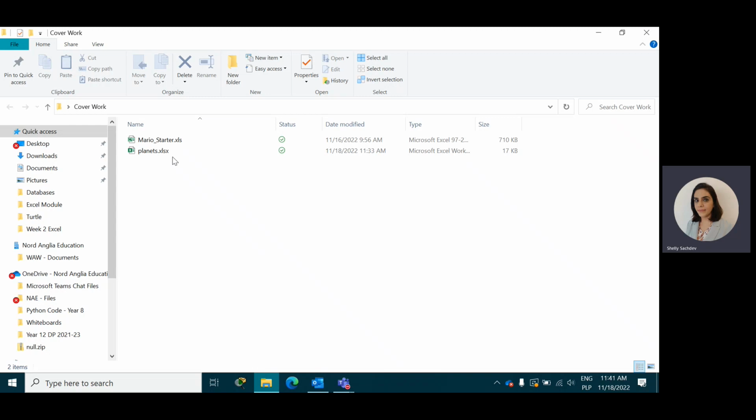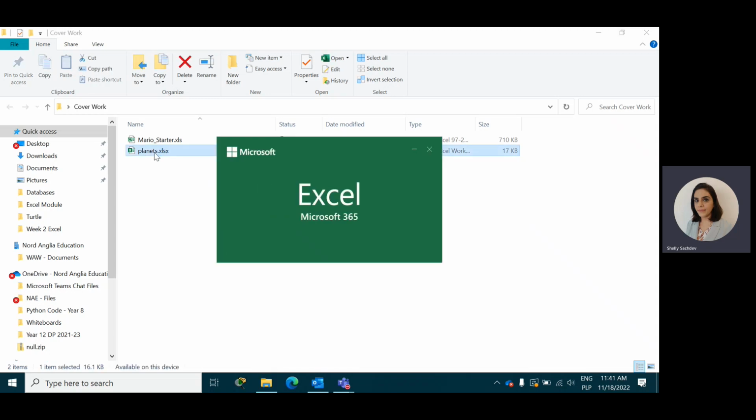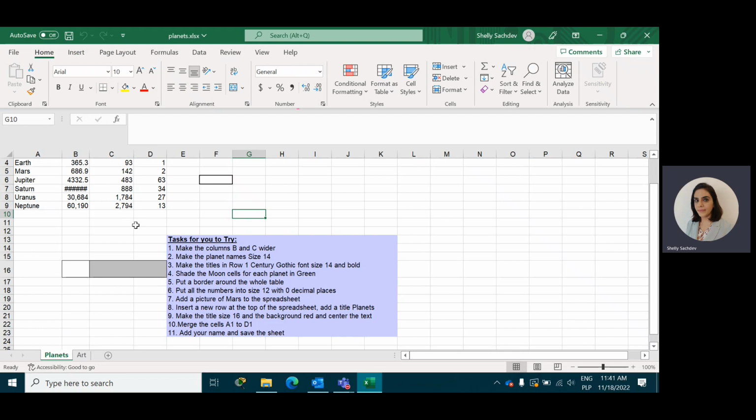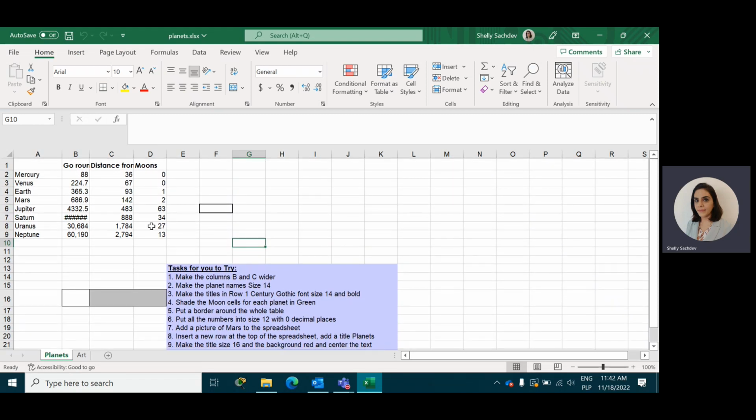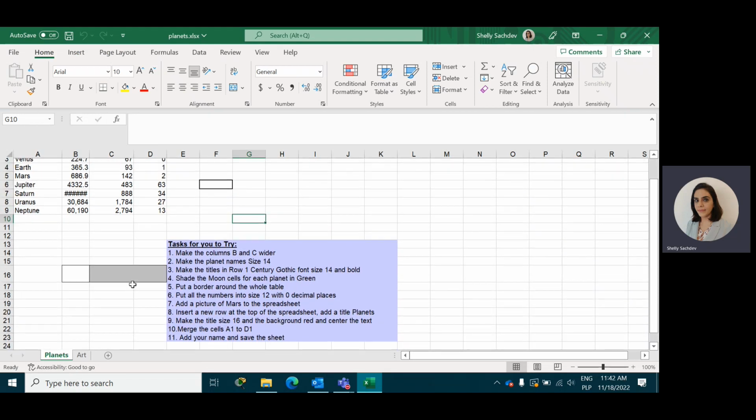The first one that we're going to be working with is planets.xls. When you open this file, you will see some data and a list of tasks that you need to do. So here is some little data, and you're going to be manipulating this data using these tasks that I have given you. If we go one by one, the first task says make the columns B and C